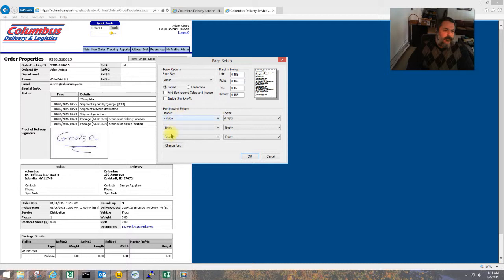Make sure all of this header and footer stuff says empty, and do this while you're on our website, and it will apply to our website. Header and footer, see, like sometimes it shows you the web address as the header. Basically, you're printing a web page here, so you don't want anything here. You want all this to say empty,